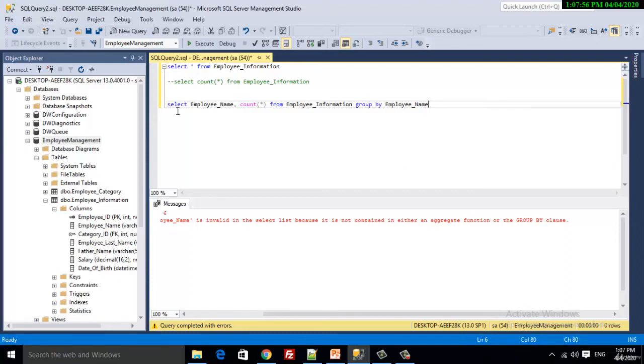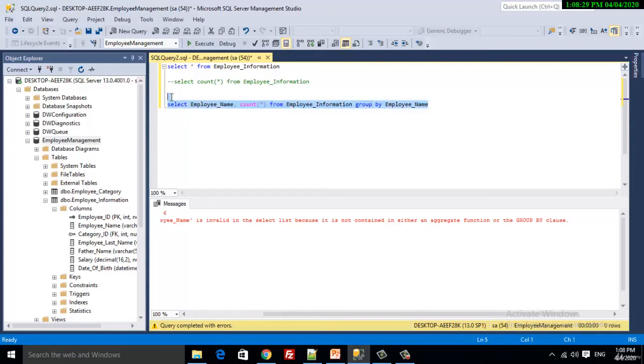Okay, let's have a look at the syntax. First, select the name of the column on which I want to get the count of records, comma, aggregate function count, from my table name, which is employee information, keyword group by, and the name of the column on which I want to group the data.